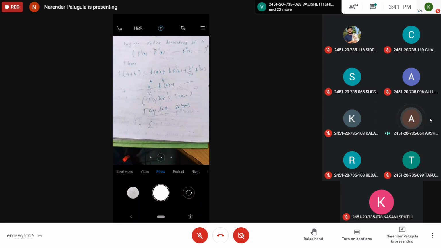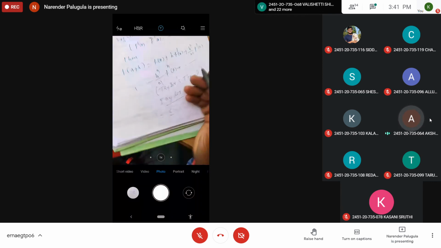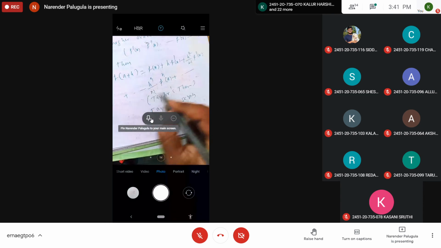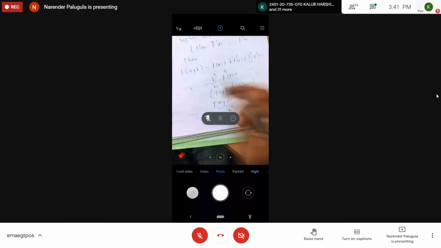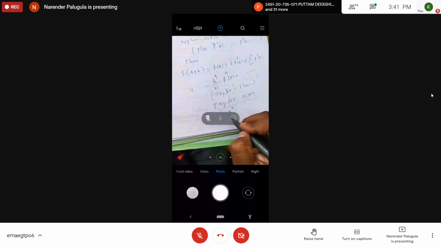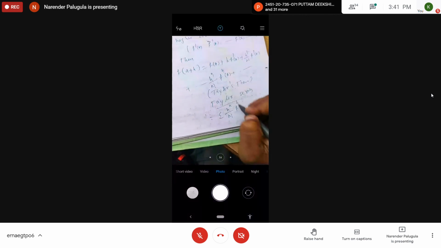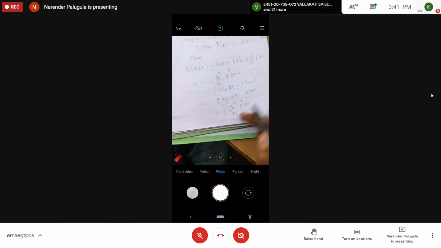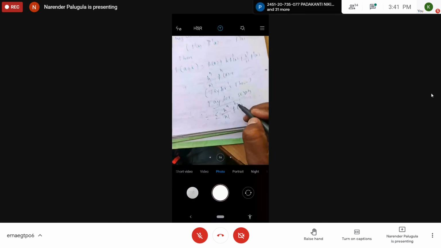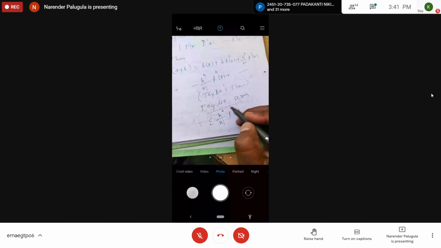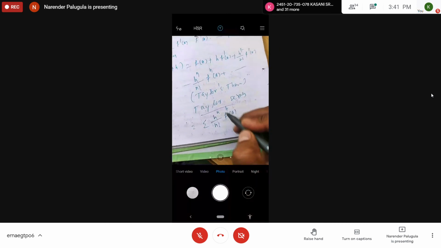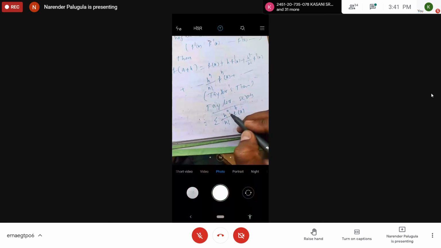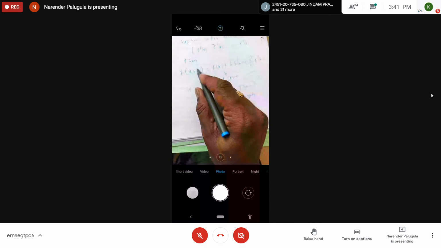h power n by n factorial into the nth derivative of f at a. It is already given. Whatever is in the nth term, we write the same in the summation. Good, h power n by n factorial, nth derivative of f at a. This is the summation; without summation, all the terms would come. This n is not a power; this n stands for the derivative, the nth derivative. This is the power. h is the increment in a.